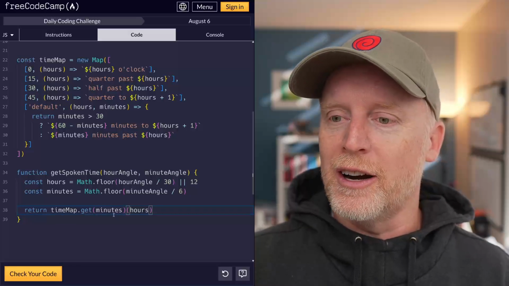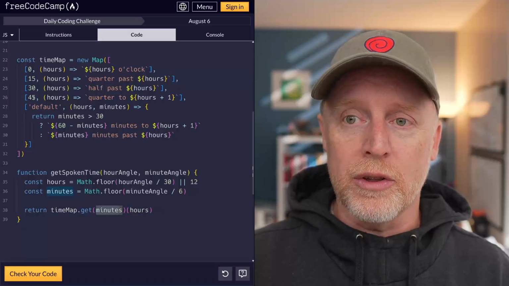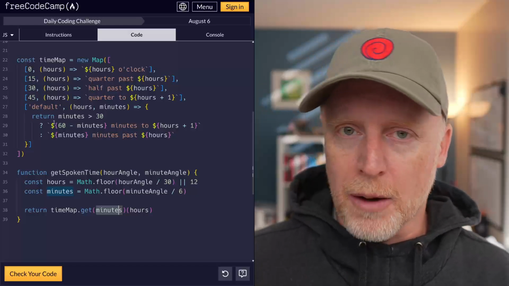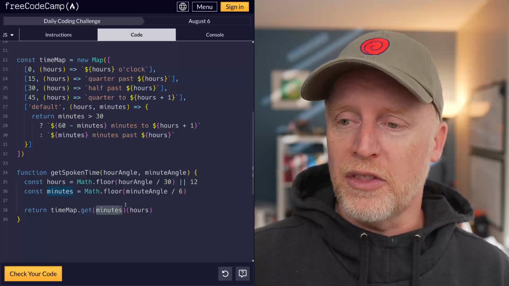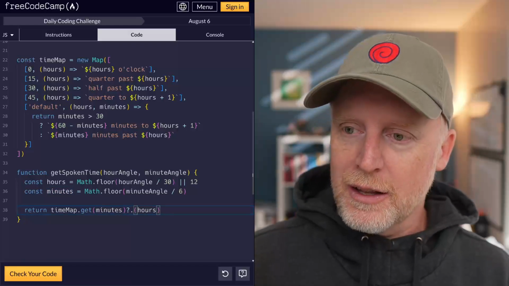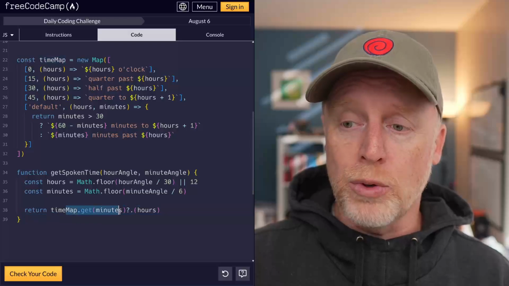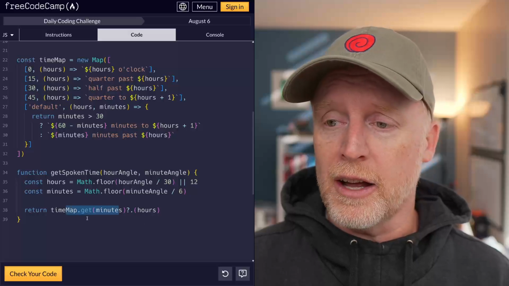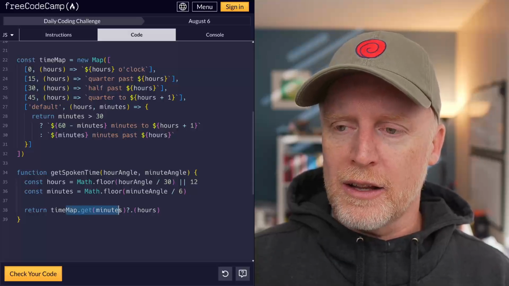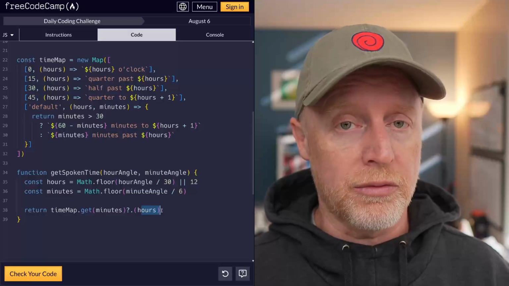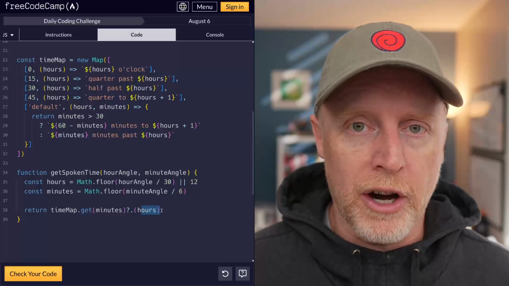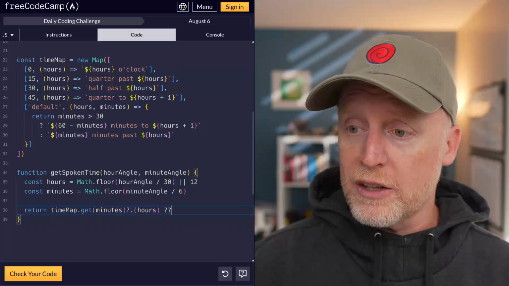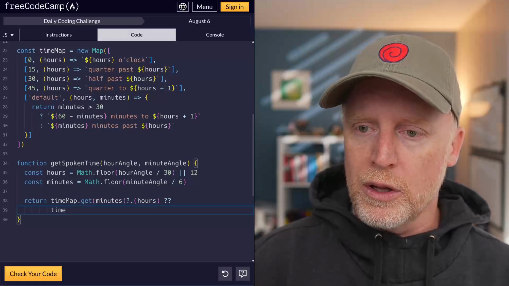Here's the first thing where minutes, again, there's only 4 of these cardinal points, which means that I have 56 opportunities to get this wrong, right? Which means that right here, I should do optional chaining just to make sure that if I do get undefined back, which I will for 54 times, right? I will do that. If I do get undefined back, it will not trigger this function, which would throw an error, right? So that doesn't make any sense. So a little bit of optional chaining there, and then some nullish coalescing to get it done,